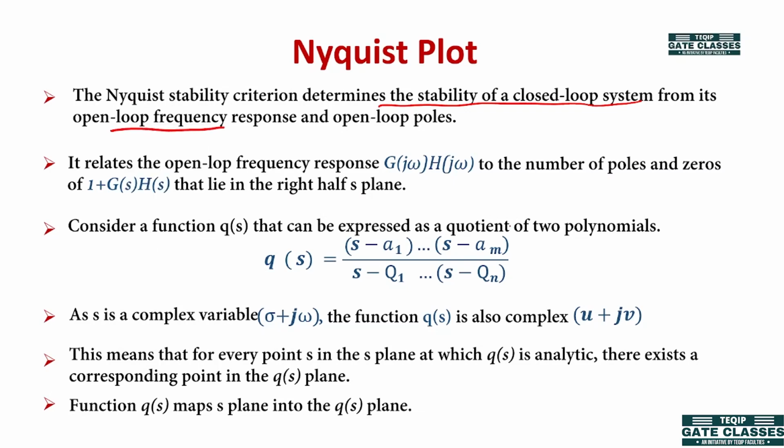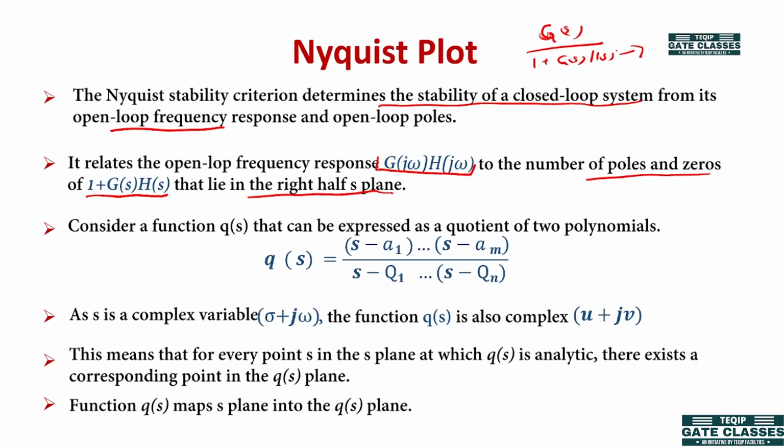So this relates the open loop frequency response to the number of poles and zeros of the characteristic equation of the closed loop transfer function, that is 1 plus G(s)H(s), that lie in the right half of the s plane. So as we know, the closed loop transfer function is given by G(s) upon 1 plus G(s)H(s), where the denominator of this closed loop system is called